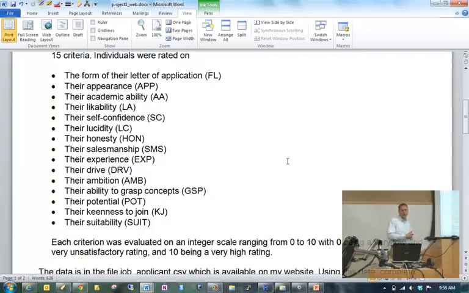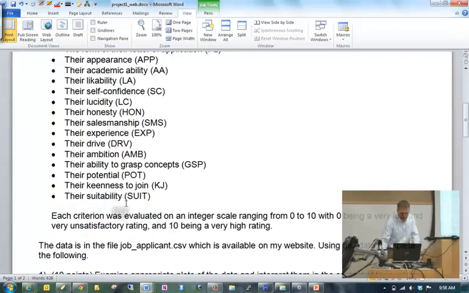For example, one's called the form of their letter of application, which is denoted by the variable abbreviation FL. The data set is available on my graded materials webpage. They were rated based upon their appearance, their academic ability, all the way down to their suitability. Each of the criteria for each of the candidates